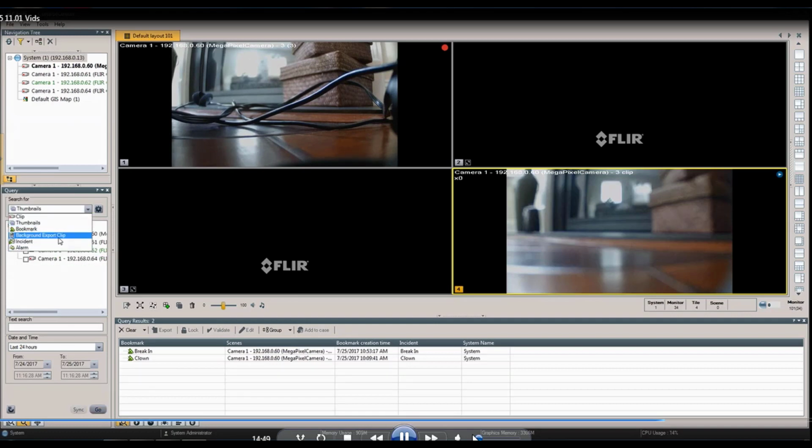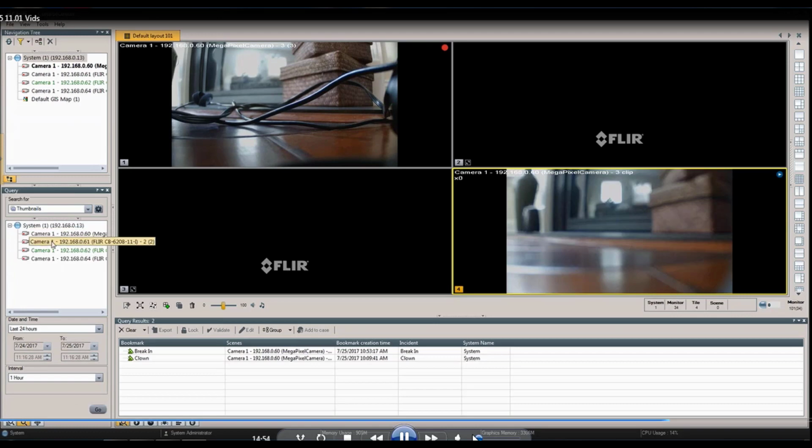Now all the other things down here at the bottom, of course, we could search for if we were going to do that. But the most common one is clips and bookmarks. So let's go to thumbnail search. This is the new one for 7.0. You can see you have to highlight your camera itself, and you choose the same time parameters that we've always used. But the key difference down here is the interval button, because what you're telling the system to do,